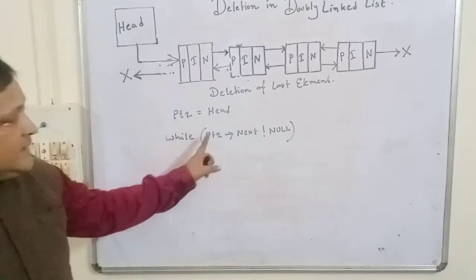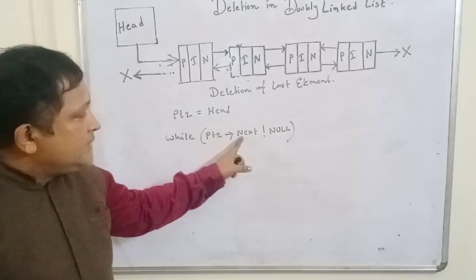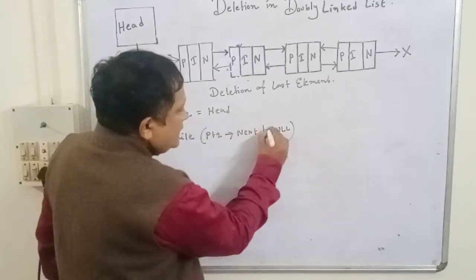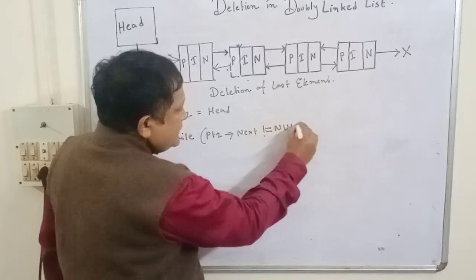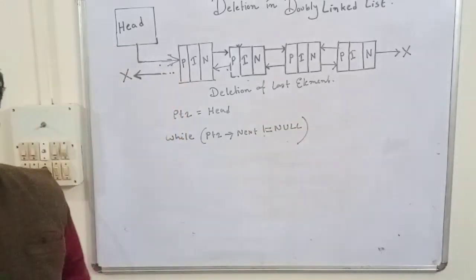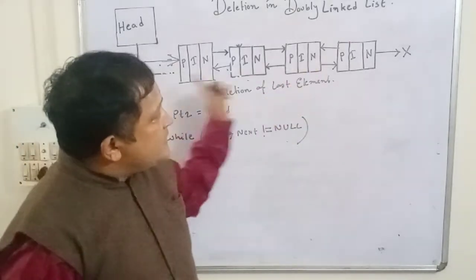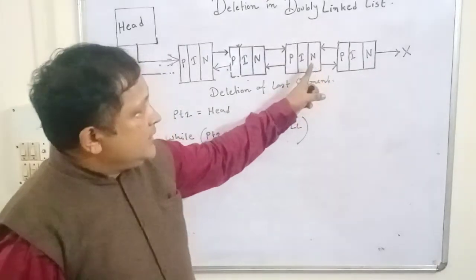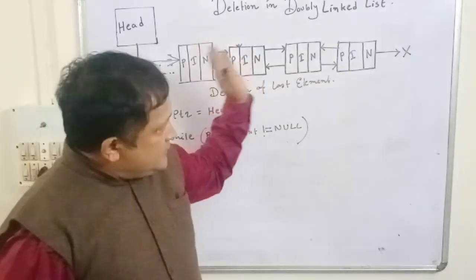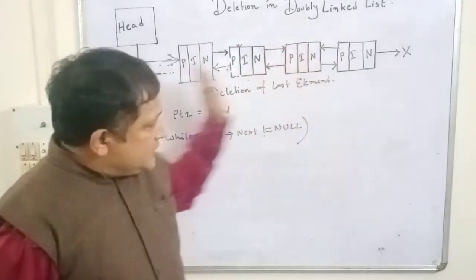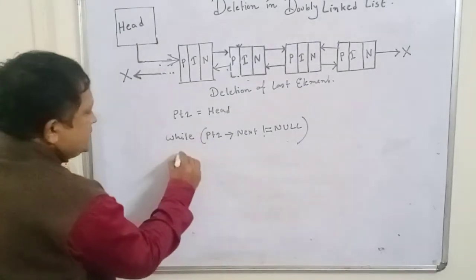So long as the next part of the PTR is not equal to null, it won't reach the last node, PTR has not reached the last node, this loop will continue to execute. PTR equal to